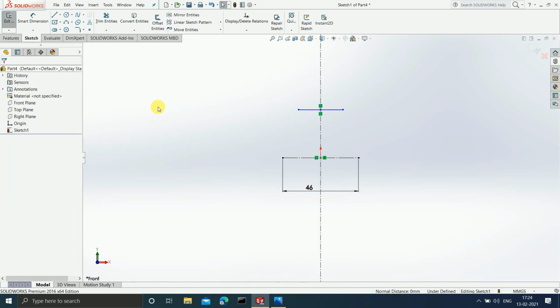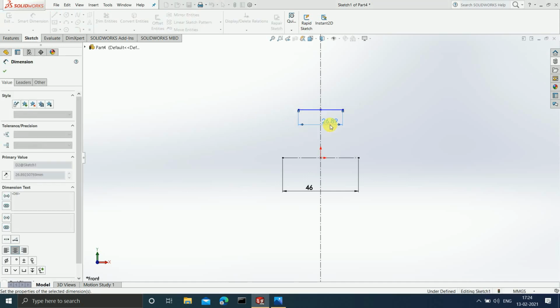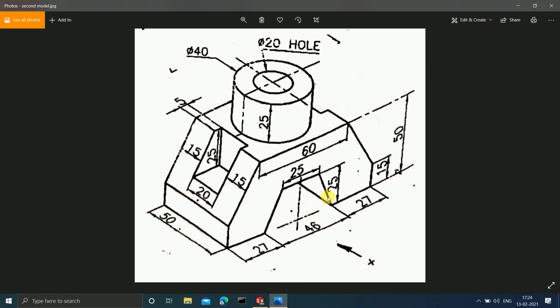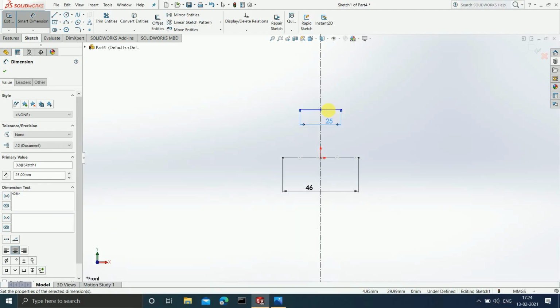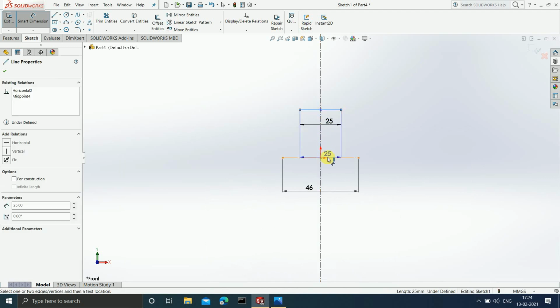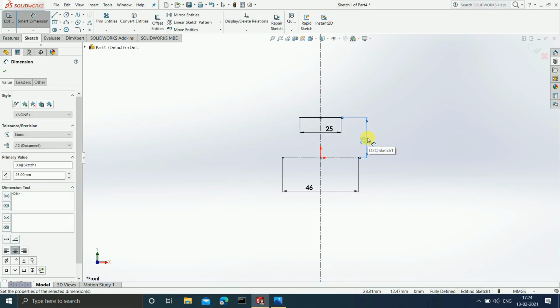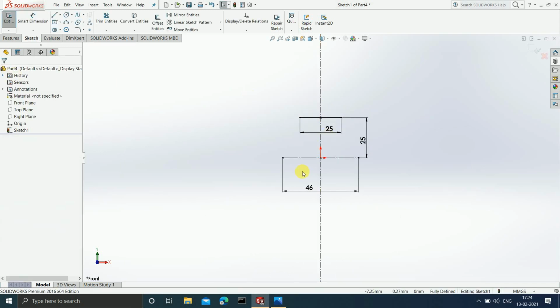Okay, and then click on OK. Now I'll give the measurement. It is 25. Done. And can you see, from the base it is at a height of 25 as well. See, this thing is at a height of 25 from the base. So therefore this line is at a distance of 25 from the base as well. Okay, done. The dimensions are done.